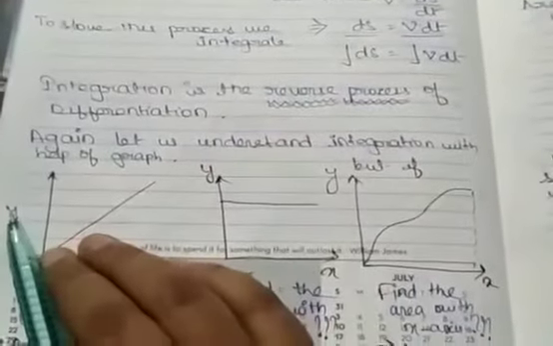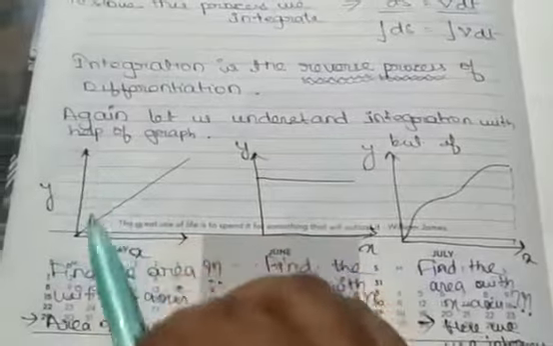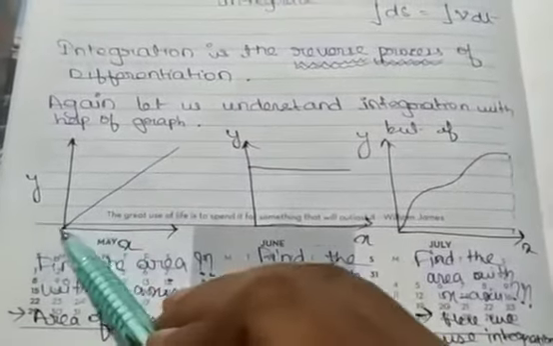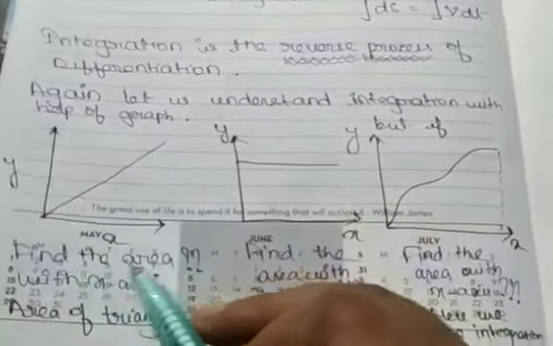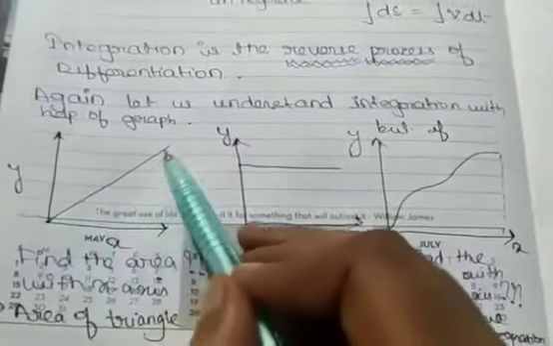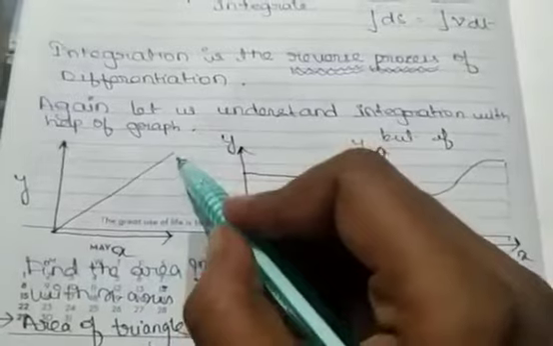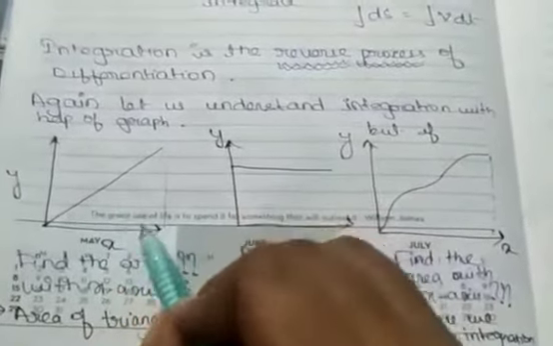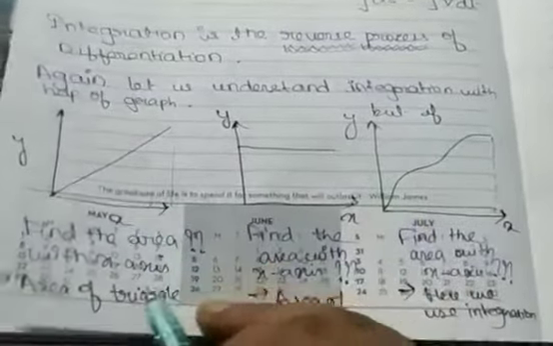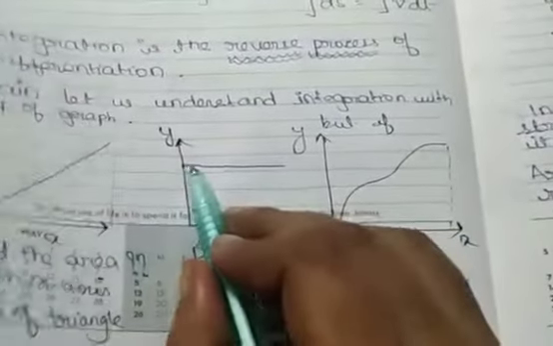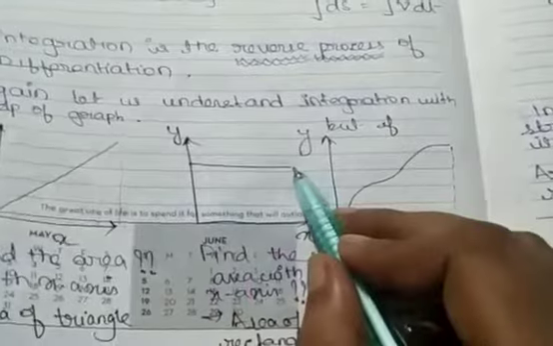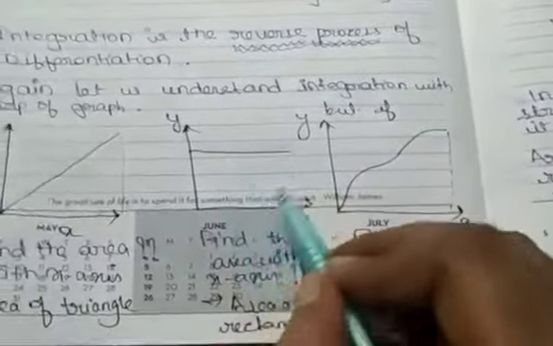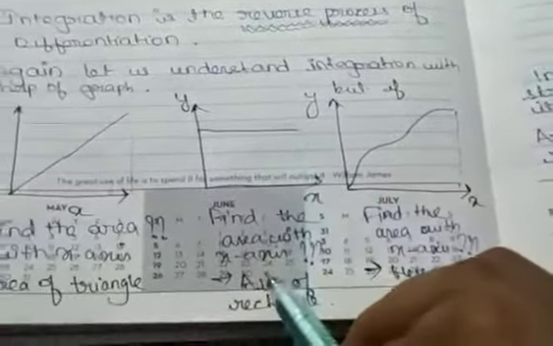understand with the help of a graph. Let us draw a graph of y versus x. Suppose it is a straight line. If I say find the area under this graph with the positive x-axis, I will join it, and this is a triangle. So the area of the triangle will be the area under the curve, which we can easily find. If the graph is like this, then also I will just draw a line and easily find the area, length into breadth, the area of the rectangle.